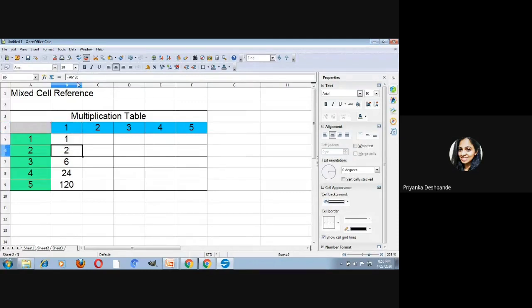Like, see here, it is B5, that is 1. Then again in this formula, A7 is 3, correct? I want this value, and the next value taken by the formula is B6, which is this one. I want this value to be fixed.